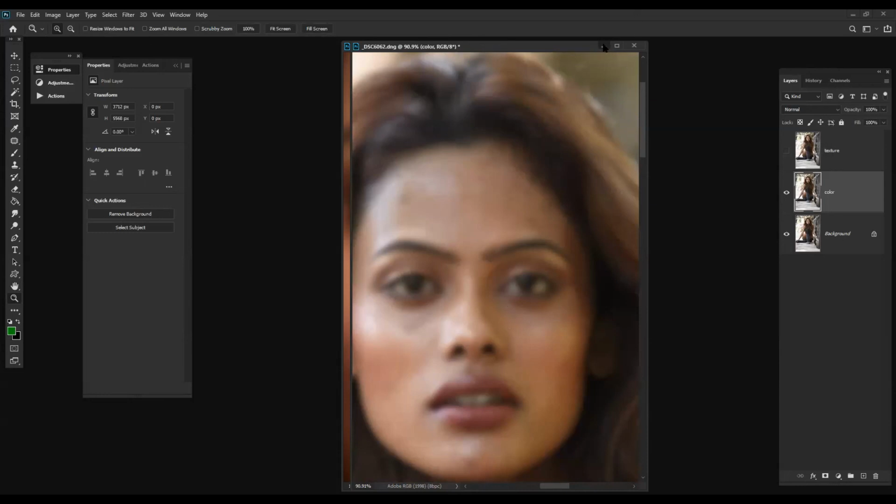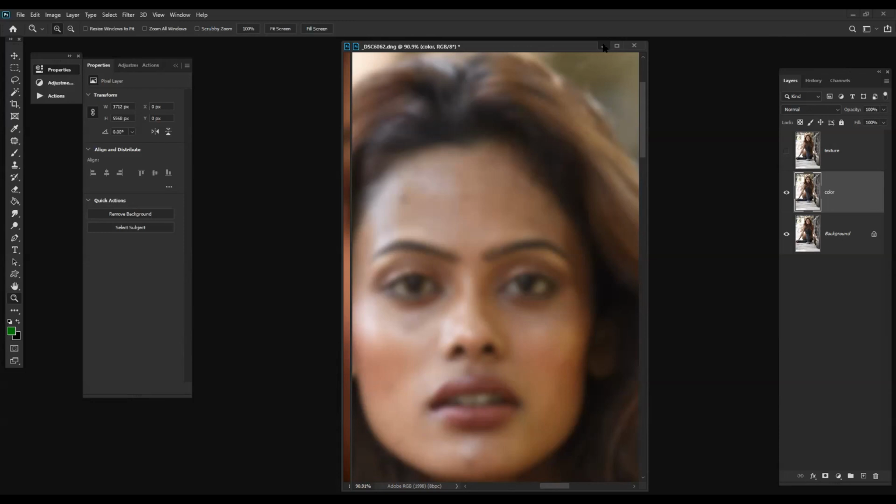The next thing we do is take the second layer, the texture layer. We go to image, apply image. Here we take the color layer from here. Instead of multiply, we have to select subtract. The scale value should be 2 and the offset value should be 128. Press OK. Now change this blending mode to linear light. Now basically we have regained the texture as it was in the original image.